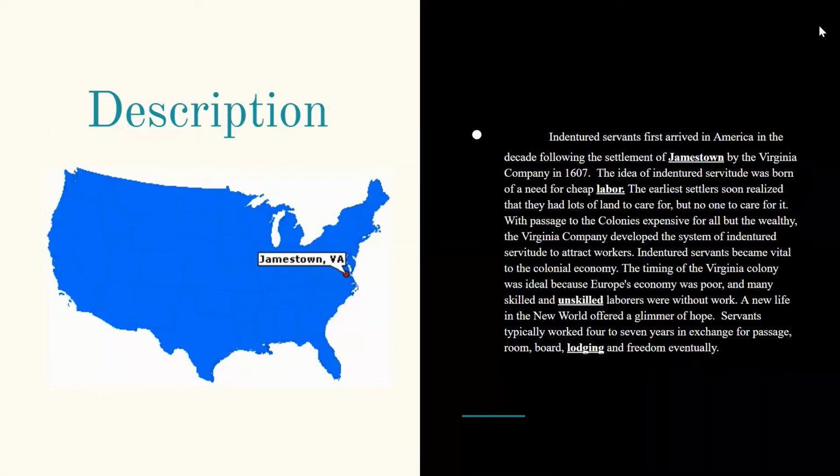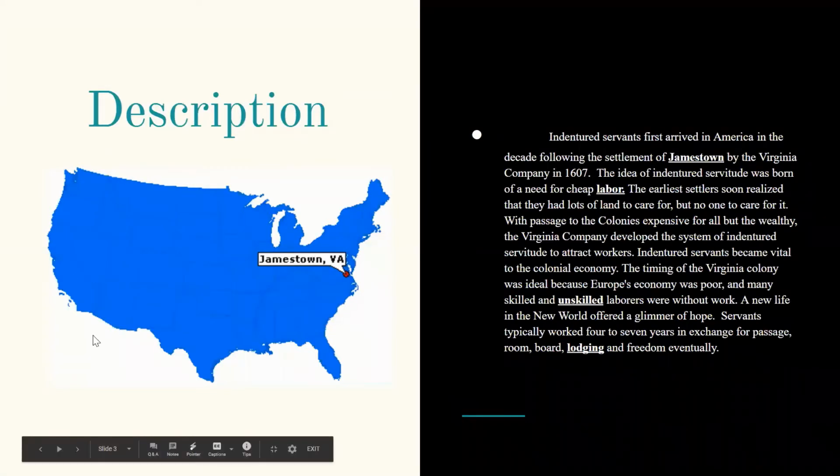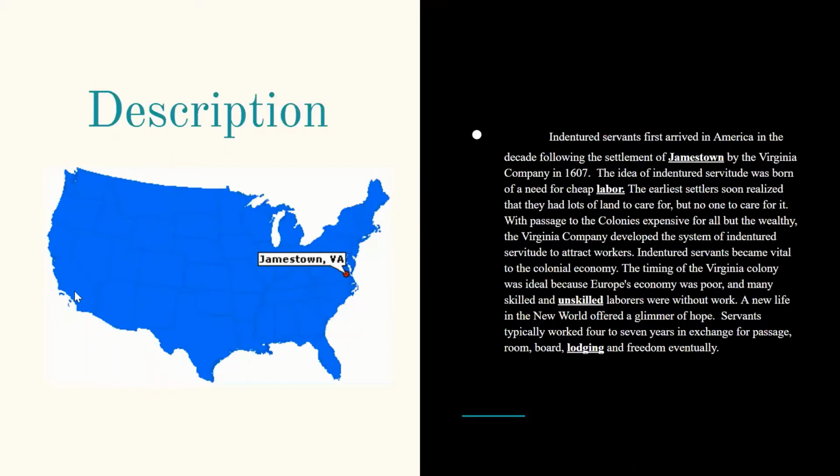Okay, so description. Take a look at the photo too, or the picture. What do you think this is showing us? Okay, let's get started. Indentured servants first arrived in America in the decade following the settlement of Jamestown by the